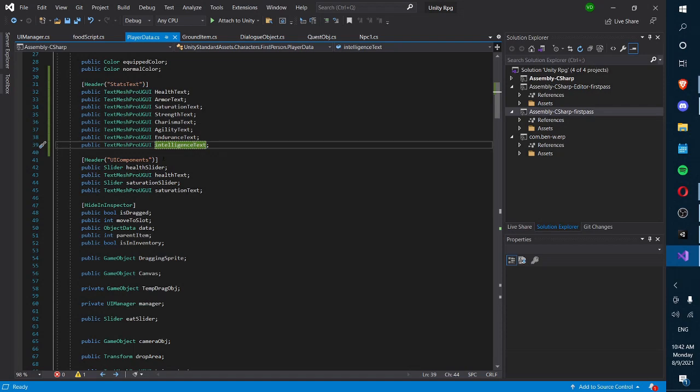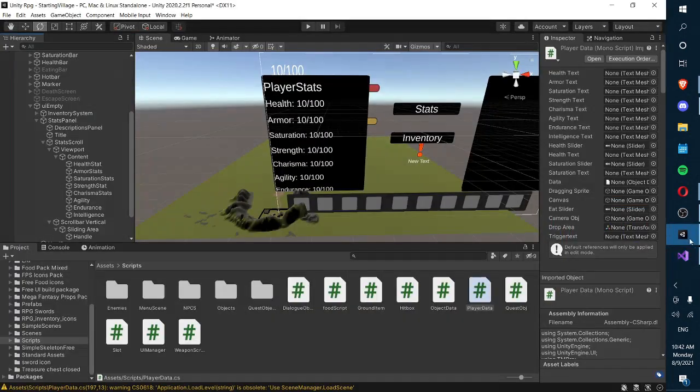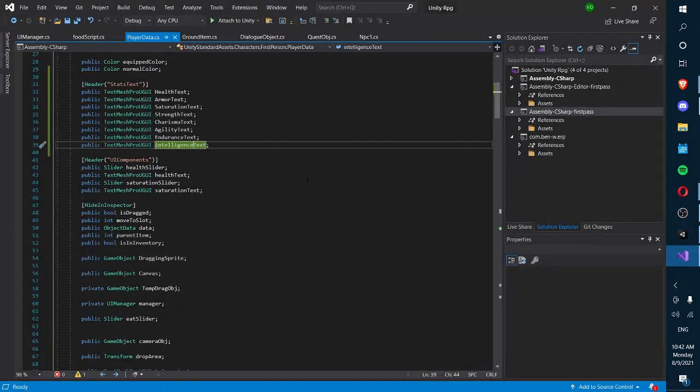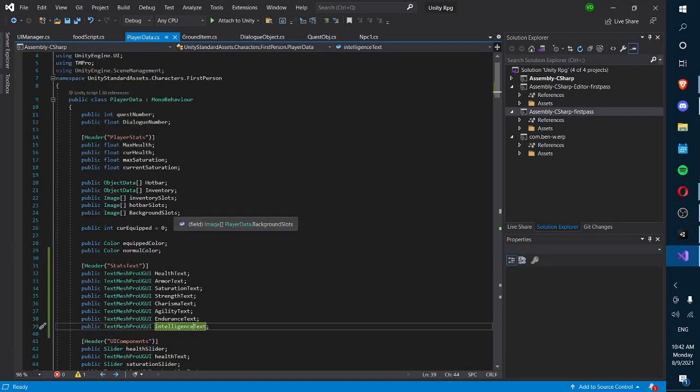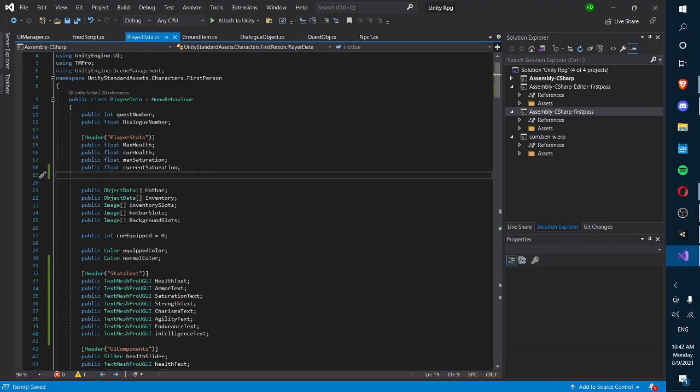So yeah, we have the intelligence text here, so it works now. The next thing we're going to do is create some new player stats. We already have max saturation and current saturation, so we can just say